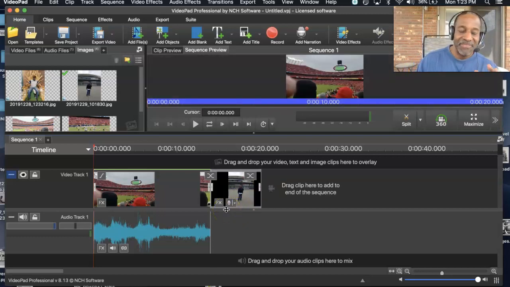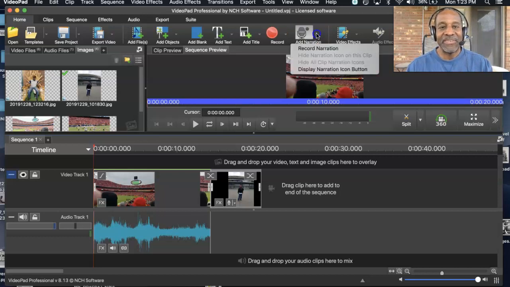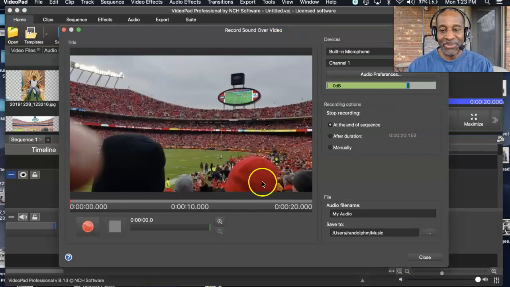Now, I went to just sort of make it easy to see. You see this little thing here? Looks like a little microphone. You can add your own narration to the clip. Now you can do it by this microphone here or this microphone up top, add narration. So rather than just having the clip stand by itself, maybe I want to lay down a voice track. So if I click on add narration, either up here or down here, it's going to bring up,